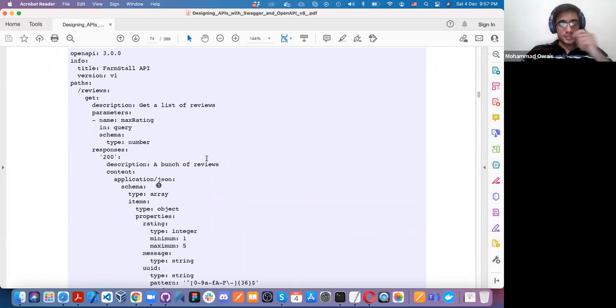Actually, in the previous chapter, we have seen what the Open API definition is and why we need those definitions. Because if you develop RESTful APIs, you cannot share them with other developers, and other developers do not know what this API really does. So for that, we have introduced Open API.